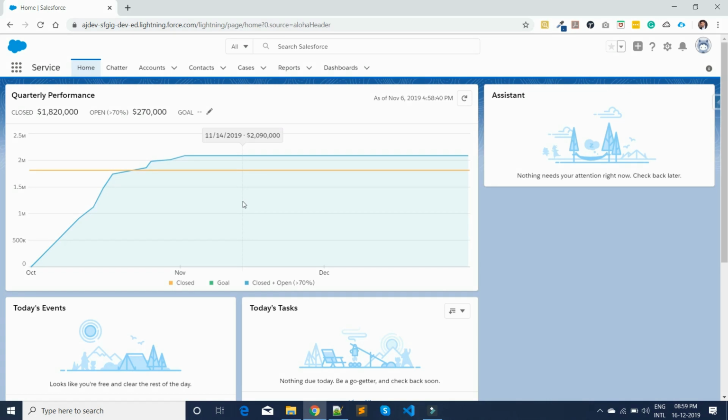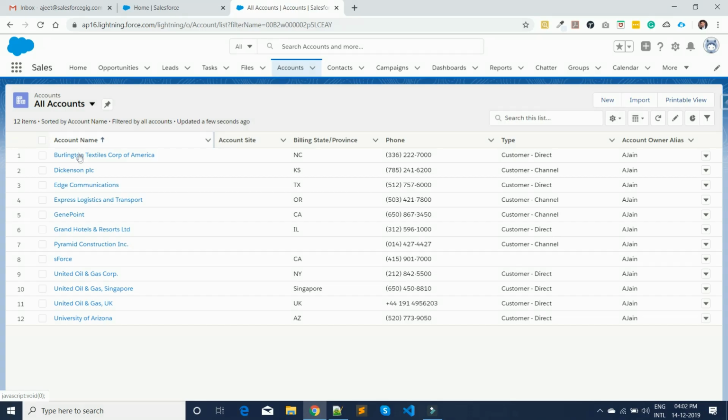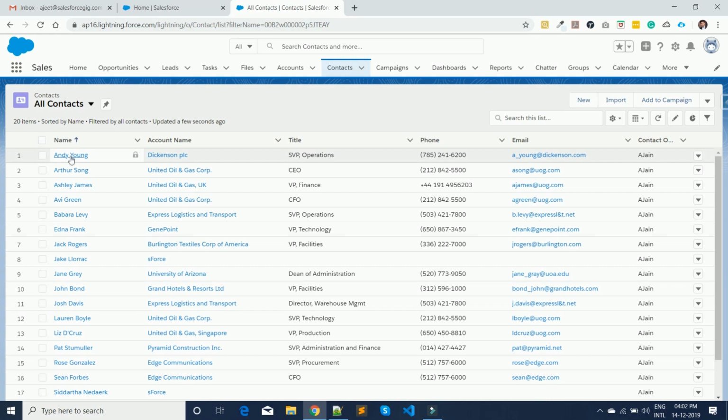As we already know, Salesforce is a CRM which provides a cloud-based solution for businesses to have a better customer experience. These cloud solutions have their own objects to fulfill the functionalities, and these objects can be defined as Salesforce standard objects. We can say the object that is predefined in a Salesforce org can be termed a Salesforce standard object. For example, here the account object is a standard object used to store data related to an organization that can be customers, competitors, and partners. The contact object is used to store data related to an individual person. Similarly, we have multiple standard objects created by Salesforce.com.